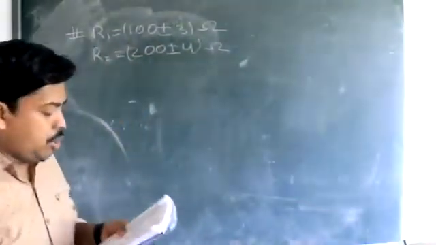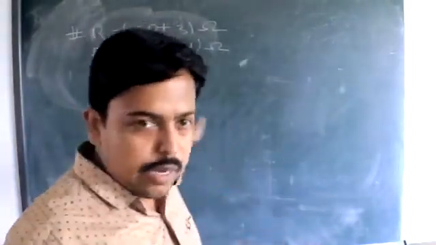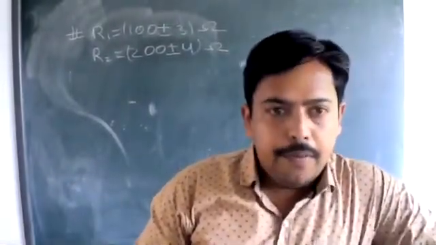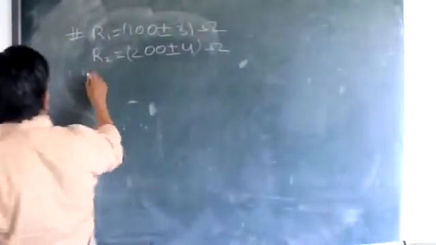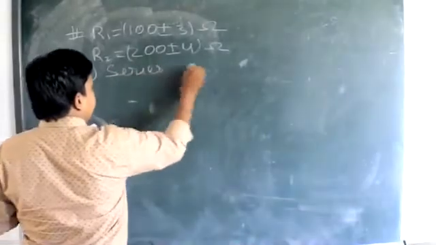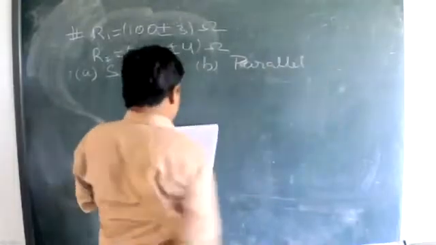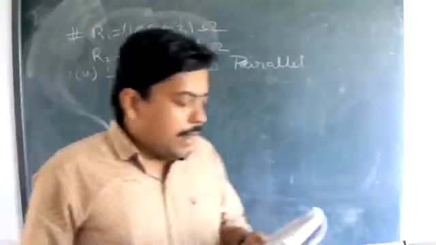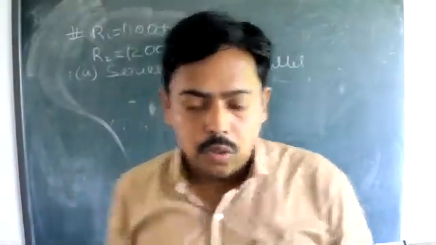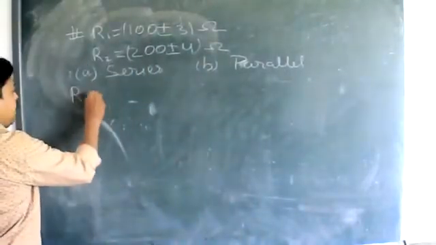And what have we been asked to do? Two resistors of resistance R1 and R2 are given, and they are connected in series. Okay, the first case is in series and the second is in parallel. First we have to calculate the series case, and the second case is the parallel case. Find the equivalent resistance of the series combination. Okay, so we have studied in series what the value of equivalent resistance is.